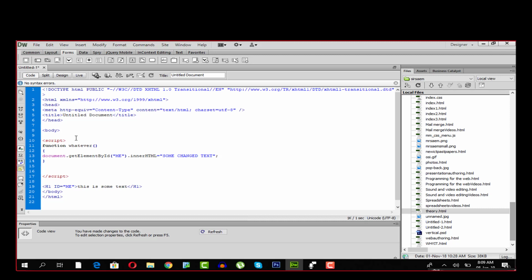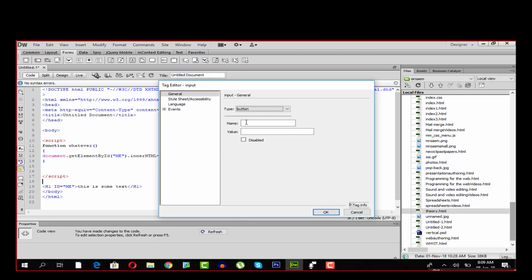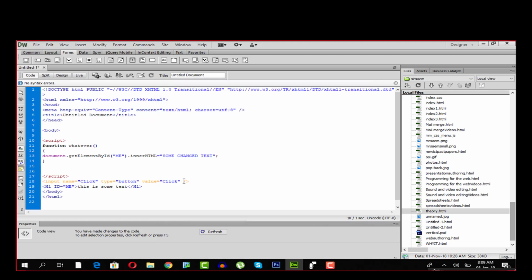So we can make a button over here, and I told you how to make a button. Come to forms, you'll have the same in your version. Just click over here in the button, and over here what you can do is you can name it, let's say, click, and you can give it a value click, right? Okay. Now all I have to do is, over here what I have to say is on click, call the function